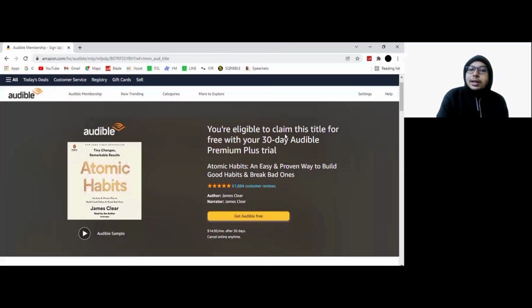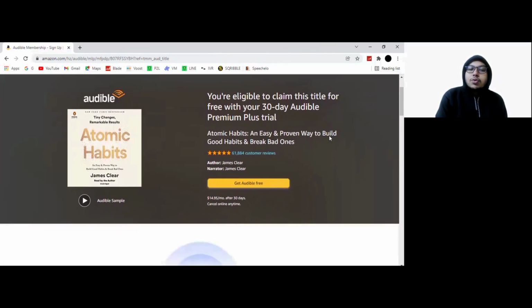You can see you are eligible to claim this 30-day trial. Audible itself has a program that will help you. Whenever anybody signs up for Audible, they don't even have to buy anything. If they sign up, you make a certain amount of money, a decent amount of money, which is an extra bonus for you. You can send people to Audible, they simply sign up, and you make money. That's clearly simple.